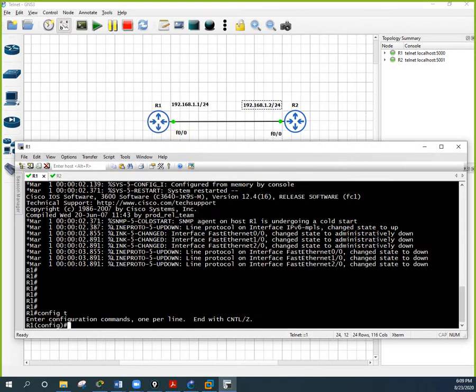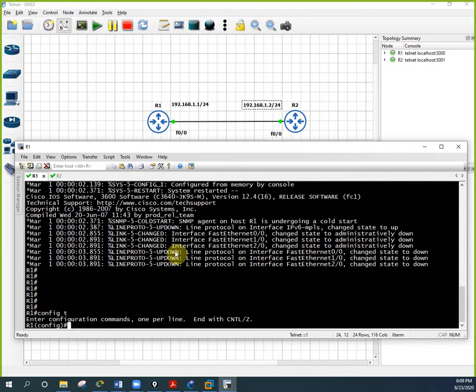If you have a doubt, no problem, because this one we did not do before. Maybe you will face some issue, but anyhow I just want to show you how Telnet works. In the next class we are going to discuss the basic modes of the router, and there we are going to discuss each and everything. But for this lab purpose I am writing this. If you face any issue, let me know, I will explain.